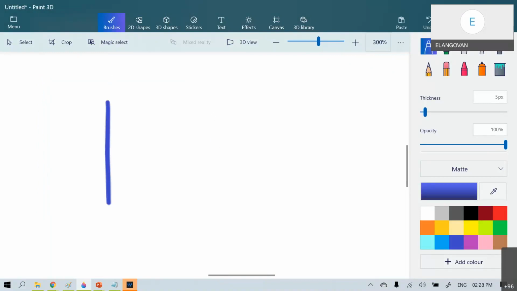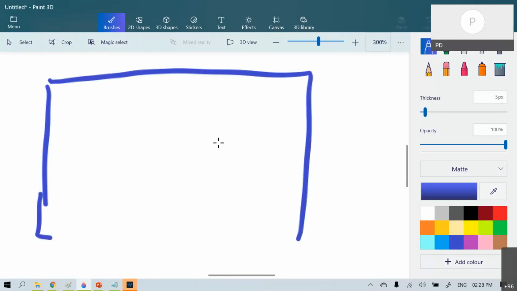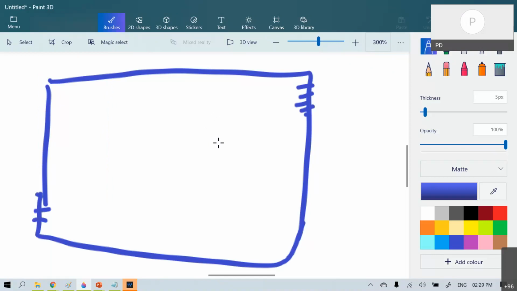Okay. So, for example, this is our block, and we have some ports here. These things we will get from our top team, whoever is doing the top partitioning. They will be providing this information.